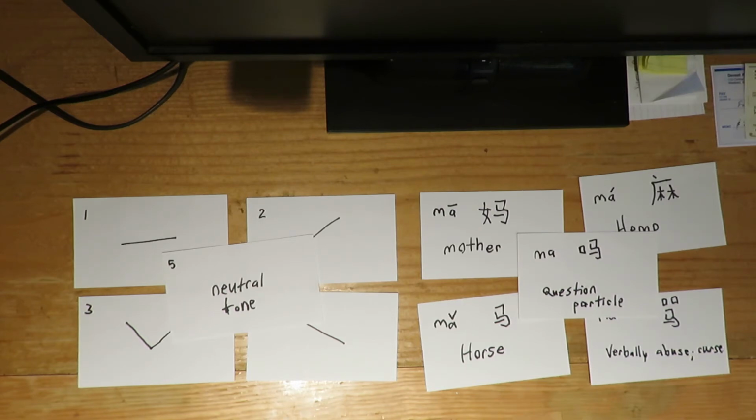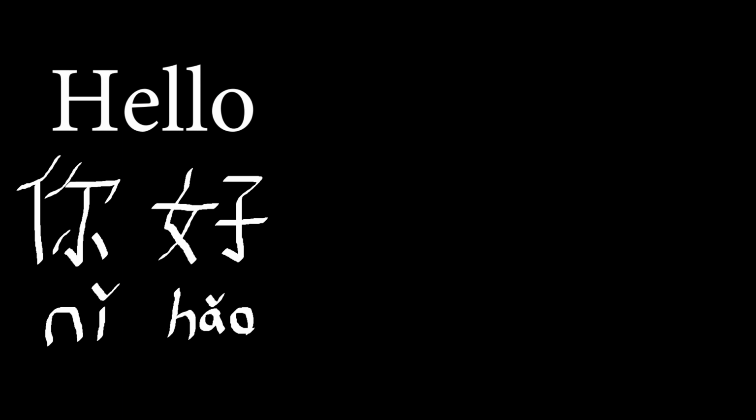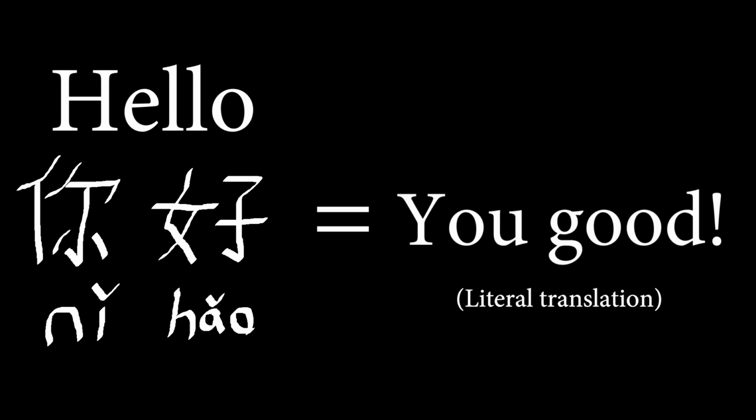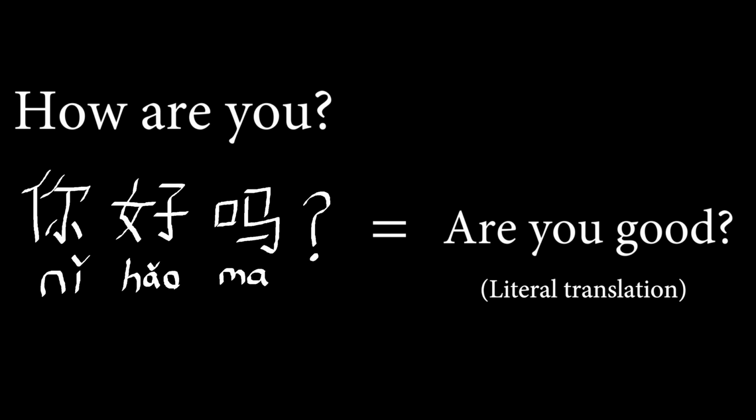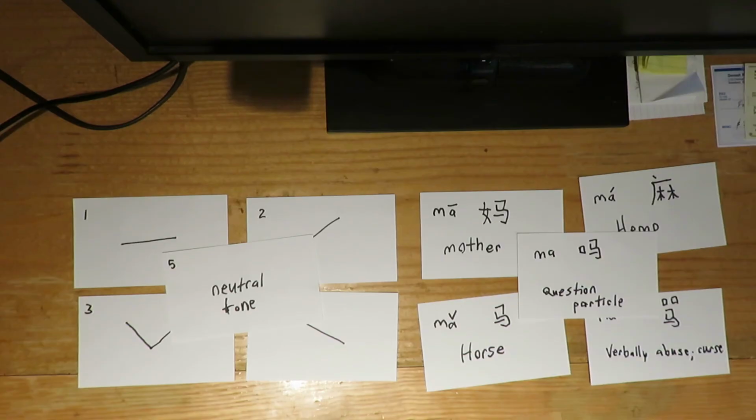But in this case, ma, in its neutral form, is actually made into a question particle. So when you say hello, ni hao, that's like saying you good, kind of as a statement. But when you say ni hao ma, it becomes a question, so you ask the person if they're good, right? So that's a different kind of greeting. And so the ma there is neutral, so you don't have to worry about pronunciation so much as the other tones, in my opinion. I believe that should be it, guys.